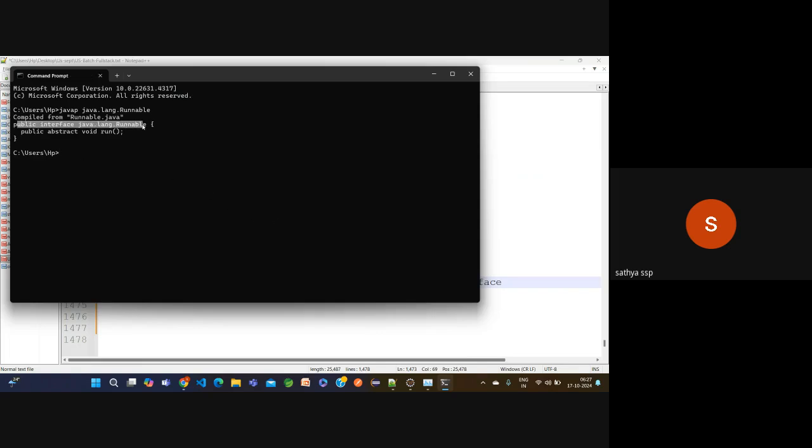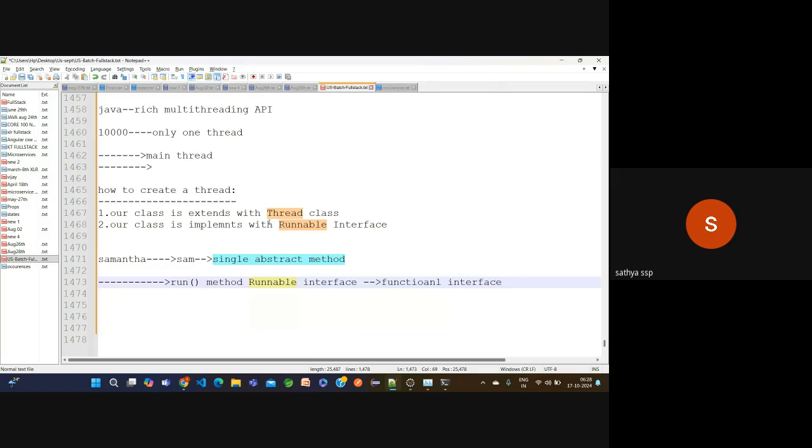In the Runnable interface, we have only one method, that is the run method, and it is the abstract method. This type of interface we call a functional interface.